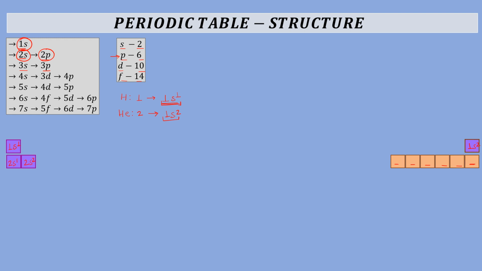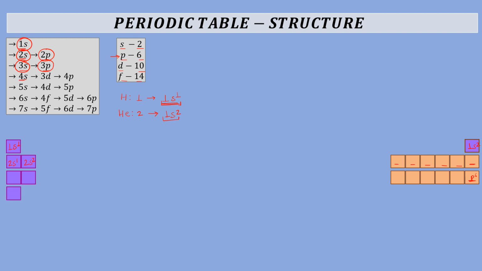Now we will move ahead and start filling the 3s subshell, that is 3s1, 3s2, and once again after the filling of the 3s subshell we will move to the 3p subshell, and we will finish the filling of the 3p subshell once we have completely filled it, that is 3p6 right here. Alright, and similarly